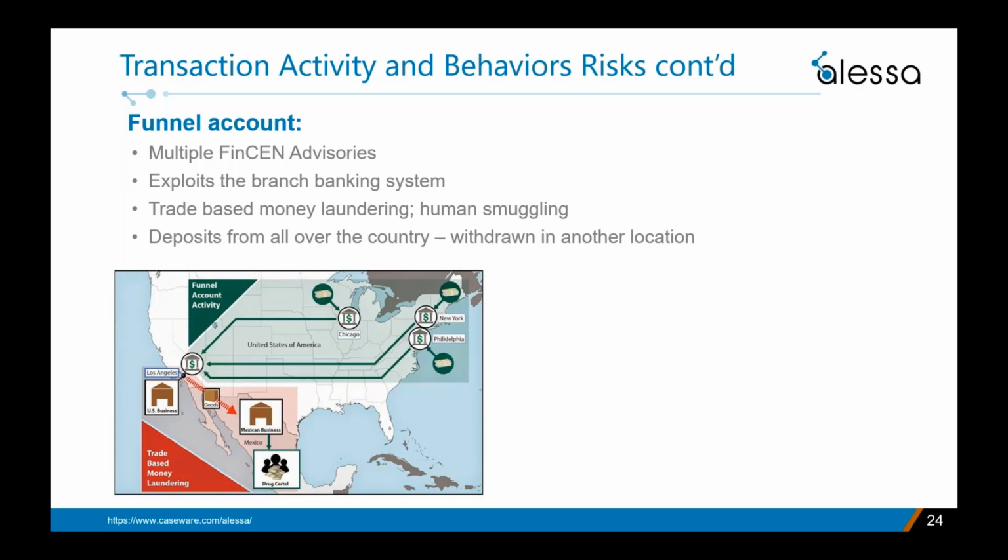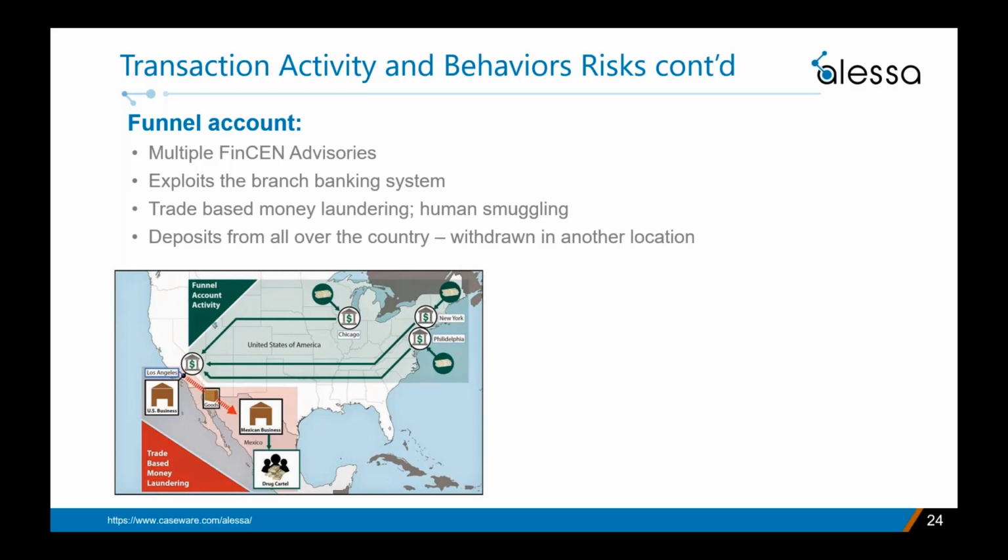So in this graphic here, it shows how dirty cash is deposited into a business account at various branches on the East Coast, and then withdrawn from that account at a branch in Los Angeles. Now, this illustration goes further to show how the cash from the funnel account is then being used in trade-based money laundering. Basically, someone then sends wires or issues checks from the funnel account to a US or a foreign-based business to purchase goods that are then shipped to foreign countries for sale. And once the goods arrive, they're sold, and the proceeds wind up with the drug traffickers or money launderers.